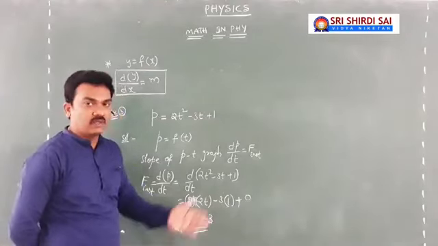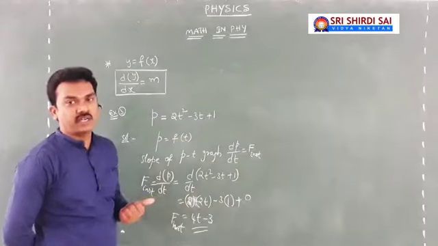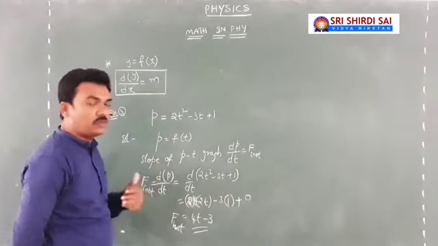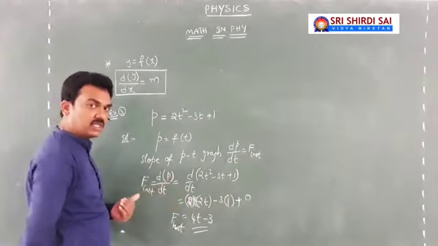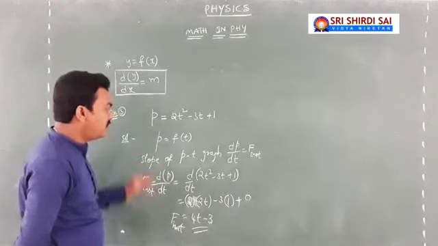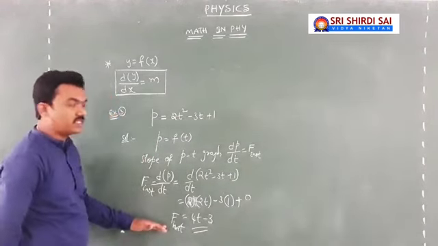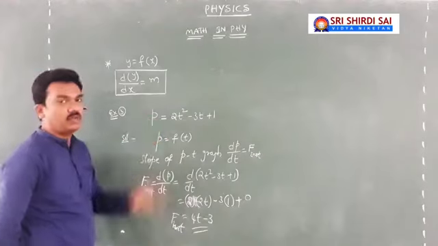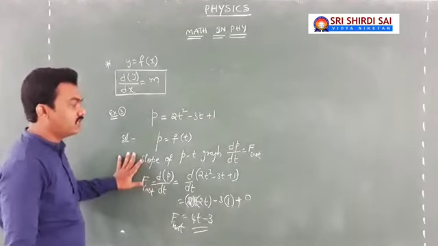Of course, the minus indicates the force acting in the opposite direction. The plus means positive direction, minus means negative direction. That's it. So this is how you can derive the equation for instantaneous force from the momentum concept. This is what you need to understand.